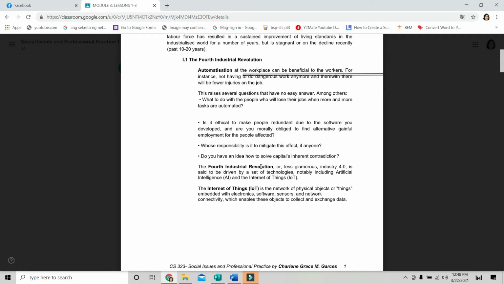Before, we manually counted the amount, the physical counting of the inventory of whatever company it is, if it is a hardware store, or a grocery, or whatever. Before, it was being counted manually, but now it is already digitalized, wherein you just use the QR code of that certain inventory. And then we also have